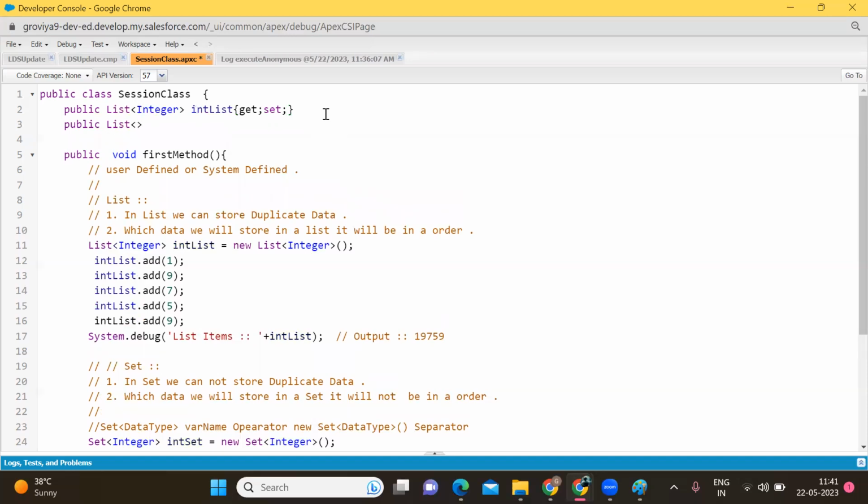पब्लिक लिस्ट ऑफ इंटीजर, इंट सेट। ठीक है, गेट सेट। पब्लिक सेट होना चाहिए सर।